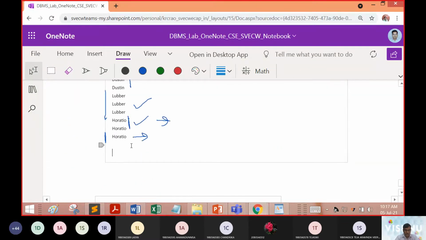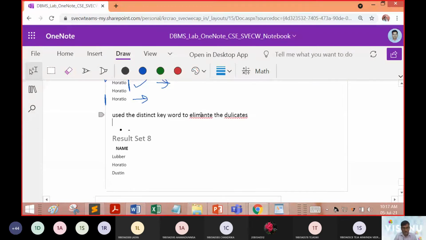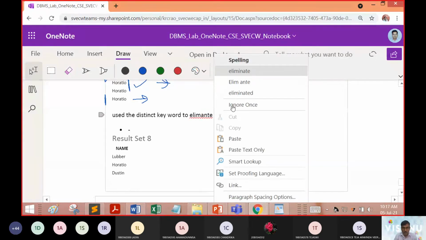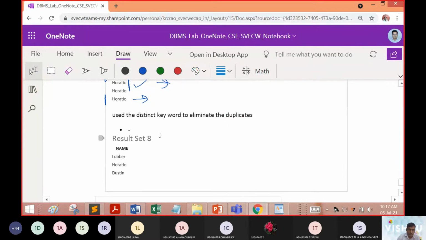So that was the key takeaway, because we have used the distinct word to eliminate the duplicates. Check this.